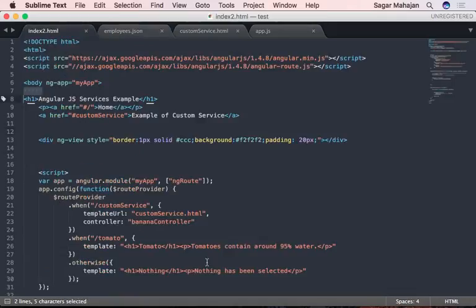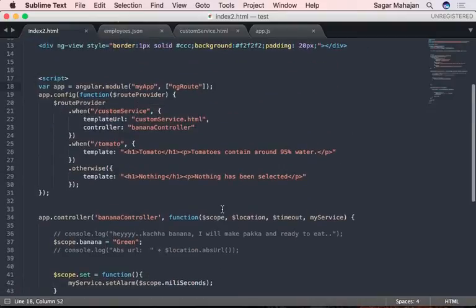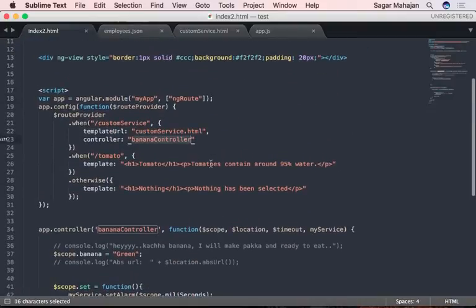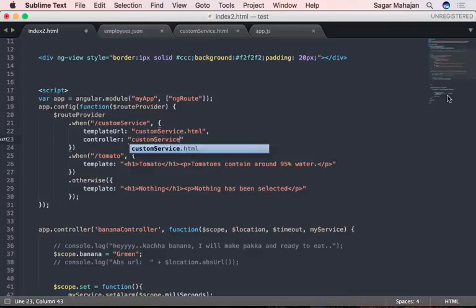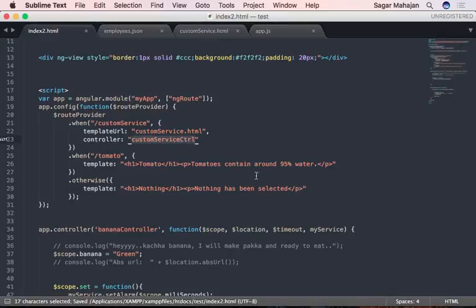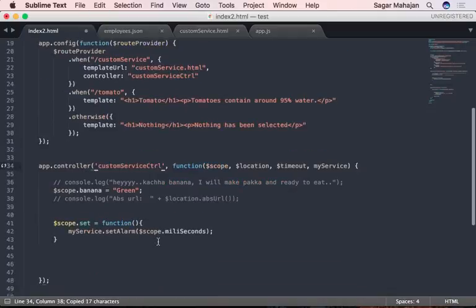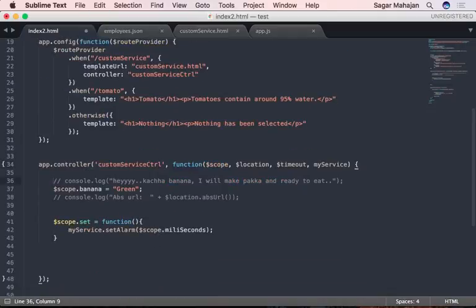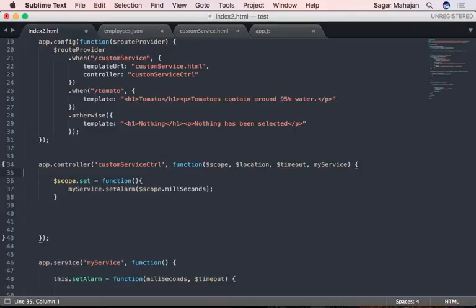And now our controller name should change to the custom service ctrl. Okay, custom service control, yeah, that's fine. We don't want this now. Okay,